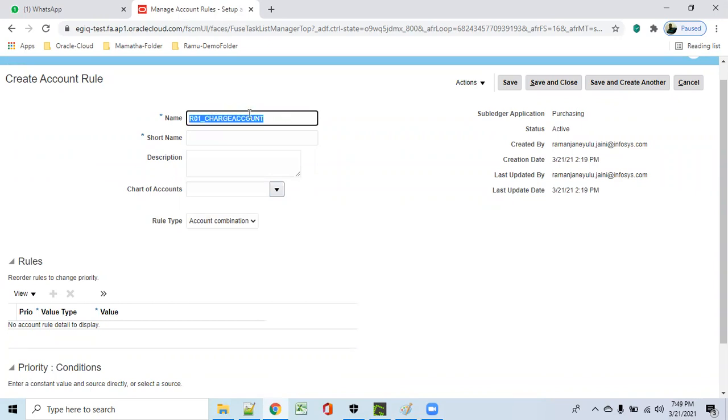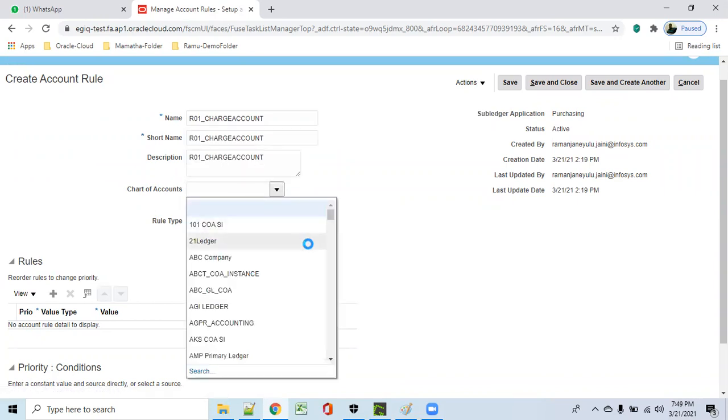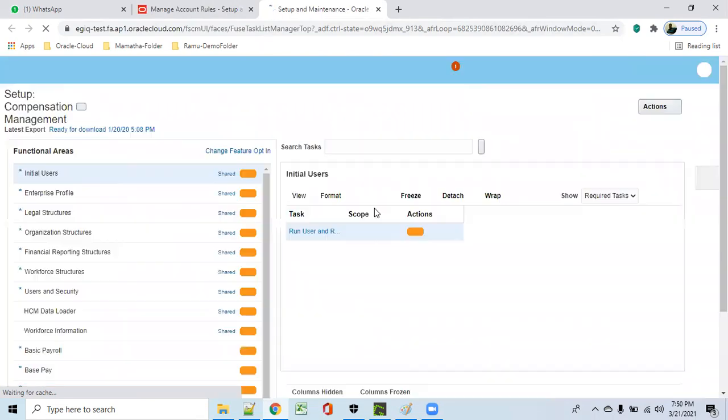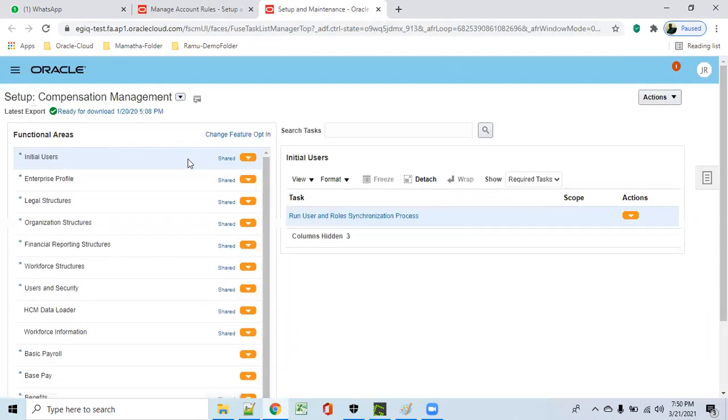So there are a lot of options. This chart of account would be whatever chart of account you selected in the mapping set. Once you select the chart of account, then the system will pull the mapping set. Otherwise, it won't pull.